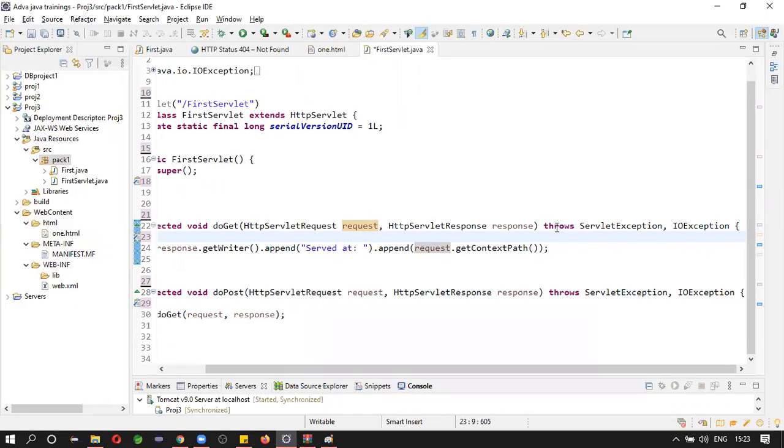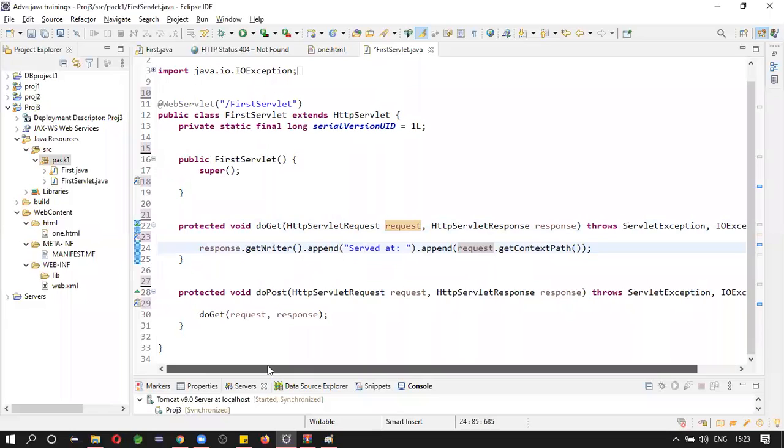Why is it throwing this type of exception? See, whenever we are working with the database, there is a chance of having exceptions, right? So database related exceptions will be generated when we are working with a database. Similarly, when we are working with servlets, there is a chance of getting exceptions, right?